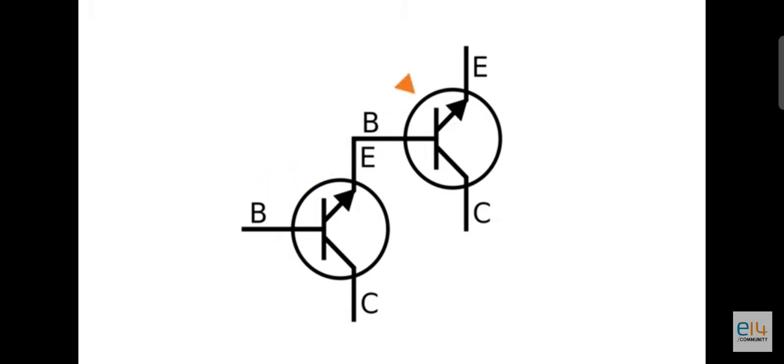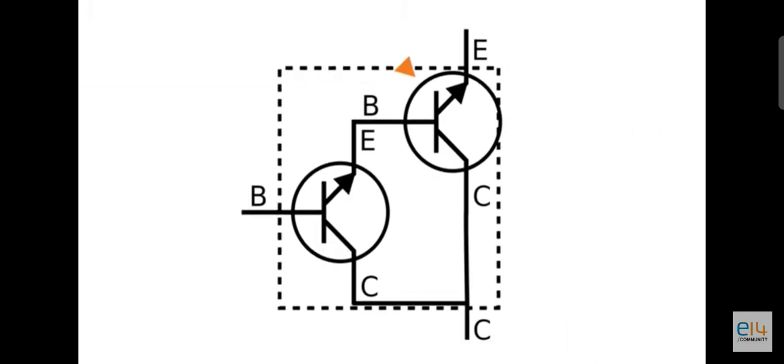When a Darlington pair is contained in a single package, it makes a Darlington transistor. Like other transistors, it has three leads: one base, one collector, and one emitter. Darlington transistors are useful because only a small amount of current at the base is required in order to get a current gain of up to